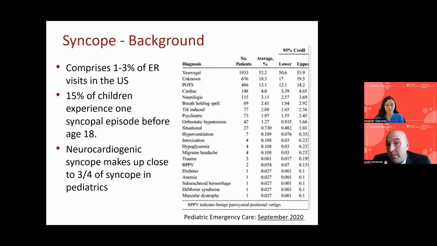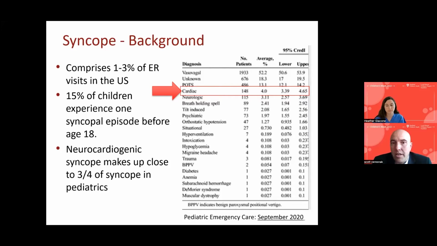Now, we're going to focus on some cardiac concerns and figuring out what would be a scary or cardiogenic cause of syncope versus not. But the vast majority of syncope in children is neurocardiogenic or vasovagal. That comprises about 3/4, and in some series up to 90%, of pediatric patients who have syncope. So most pediatric patients who have syncope are not going to have a true cardiac pathologic reason to pass out. If you look at the data on the cardiac causes of syncope, in this series it was only about 4%. So actually the minority of patients who have a syncopal event are going to have a true cardiac cause of that syncope.